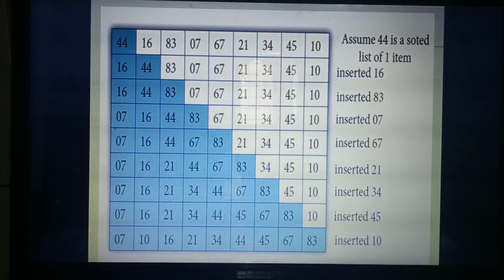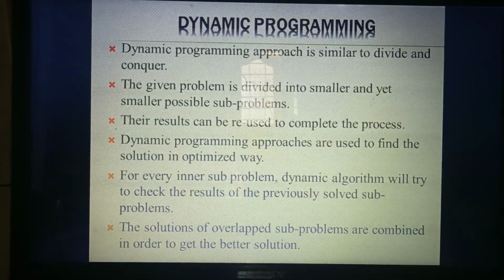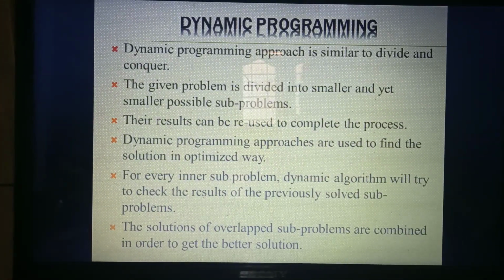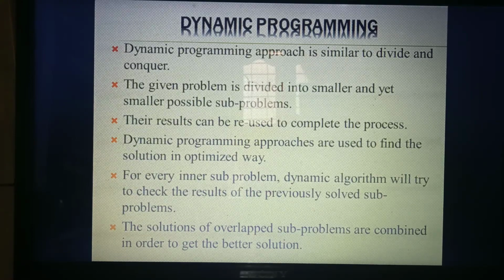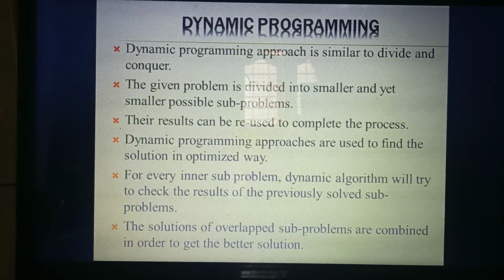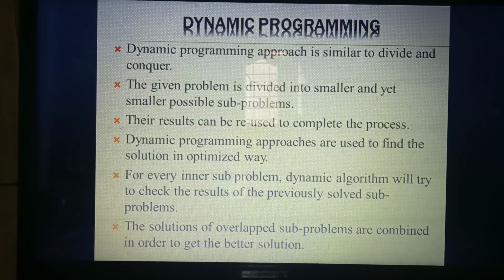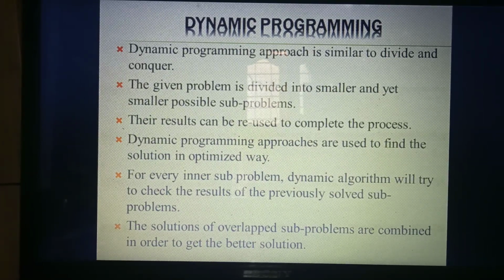Okay? So the next topic is dynamic programming. Dynamic programming is similar to the modules you studied in the last chapter. So listen, what's the first point? It is similar to the divide and conquer method. You have already studied this word in one place. Are you remembering? Which algorithm follows this divide and conquer method? Binary search algorithm, isn't it? Yes, the same thing.